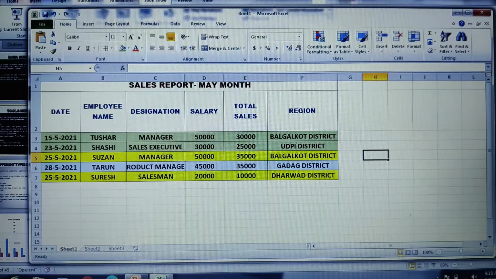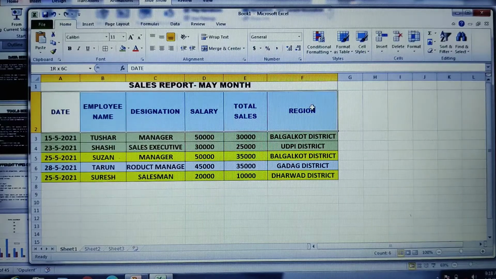Now next, I am going to show you how exactly the filter option works, students. Filter will help you to view only the specific rows. Before you perform the filter option, you need to select the range on which you want to perform the filter. The range is from A to F, that is A2 to F2. If you see the row numbers also, A2 to F2.